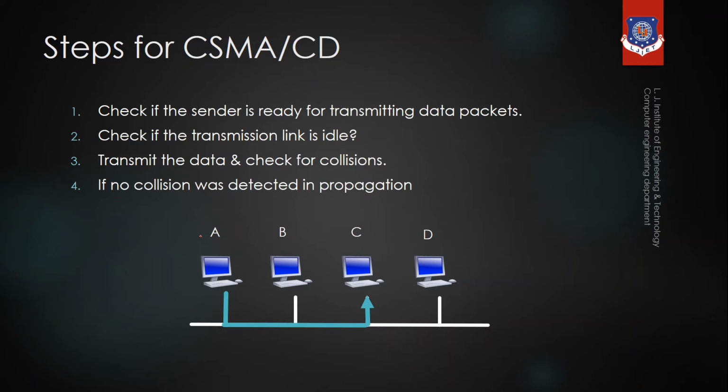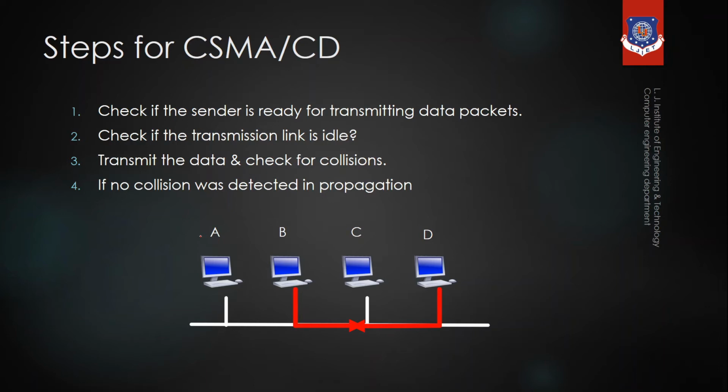But what happens if two devices want to send data at the same time? Suppose devices B and D want to send data to device C. In order to do that, B and D will first sense the channel, and they can sense the channel at their interface only. After sensing the channel, devices B and D know that the channel is idle, so both will begin the transmission. And after some time there will be a collision.